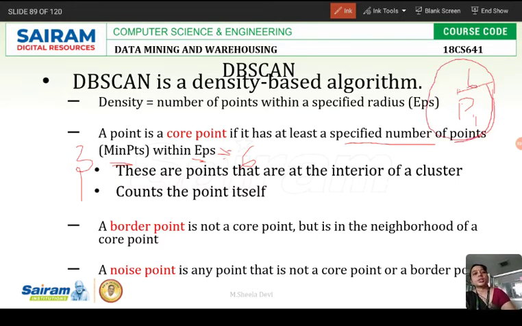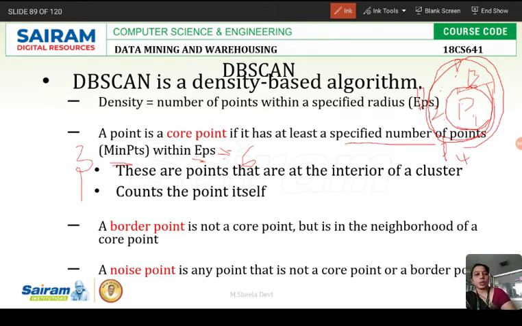Within this region, within this radius, if I have a minimum of 3 points, that is P2, P3 and P4, then my P1 will be considered a core point. If I have a minimum of 3 data points inside the radius of 6 centimeter, which is the epsilon value, then I will call this data point P1 a core point.